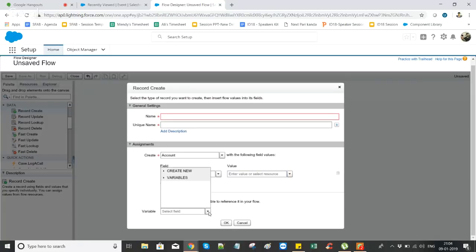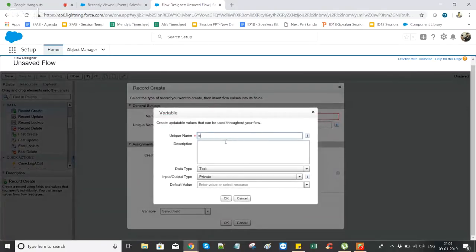And if you create that record and you want to use that record's ID for further use in your entire business automation logic,